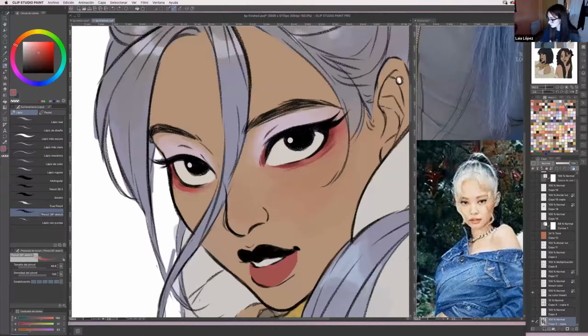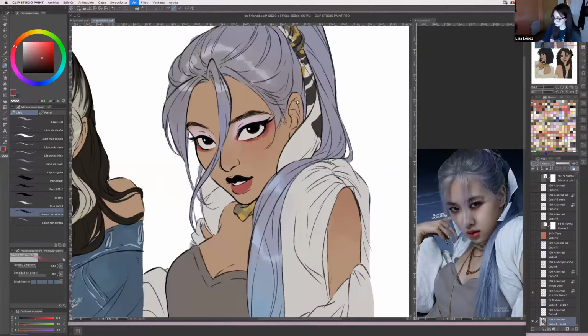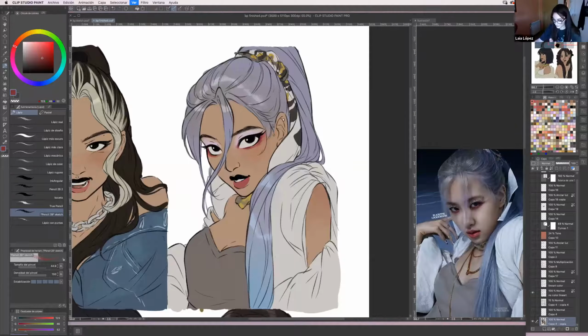wait, let me show you the eye makeup look. I mean, that's crazy. That's beautiful. And I tried to recreate it, but in a more simple way, because I didn't want it to look like too much. I feel like this was the perfect amount of makeup for her in the drawing. And the same for Jisoo.